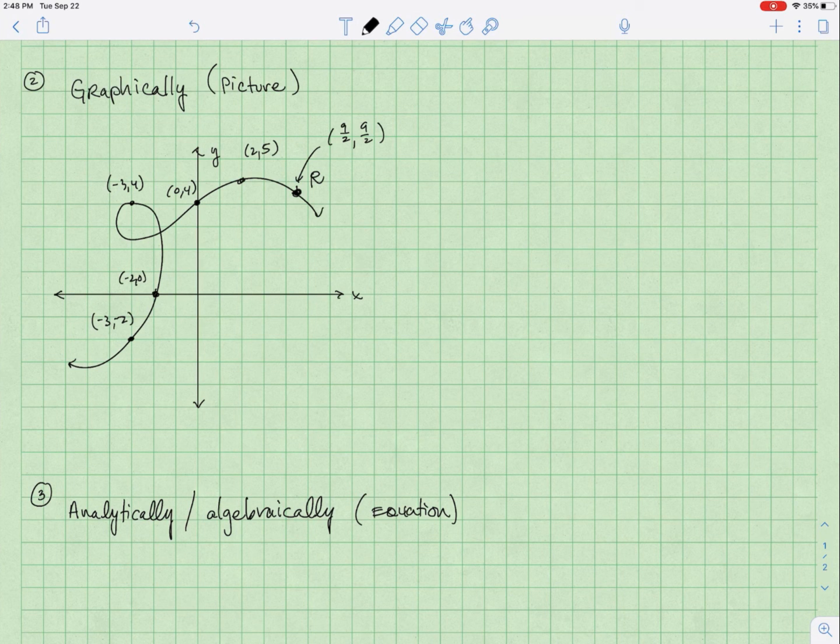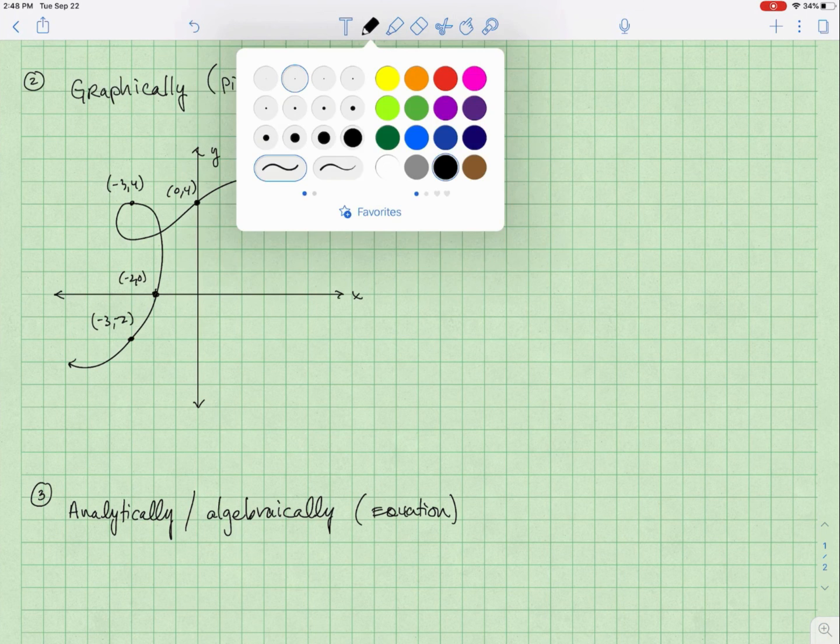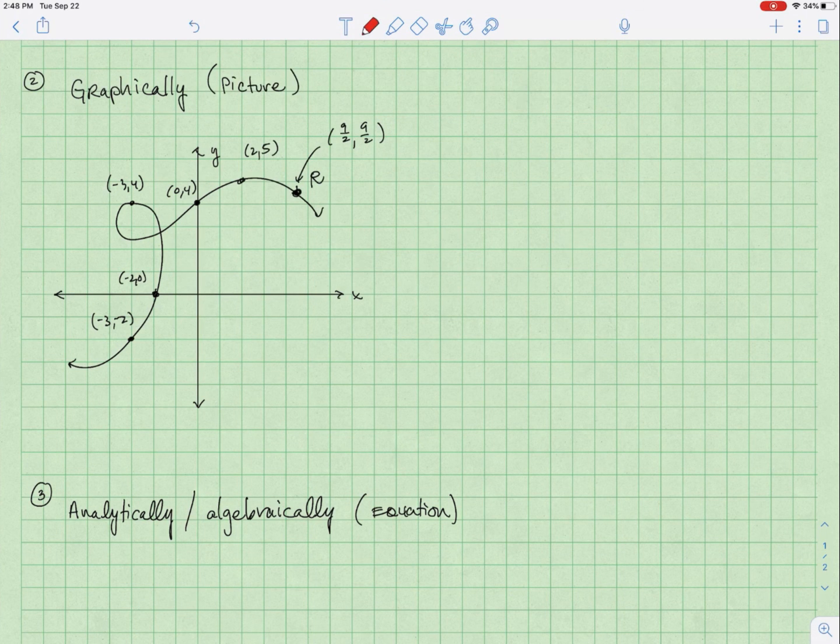So if we wanted, we could just do a role reversal of these ordered pairs. No big deal. This ordered pair was negative 3, 2, so that'll be now negative 2, negative 3. And as we go through this, 0, -2, 4, -3, 4, 0, 5, 2,